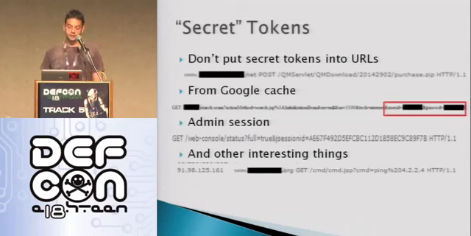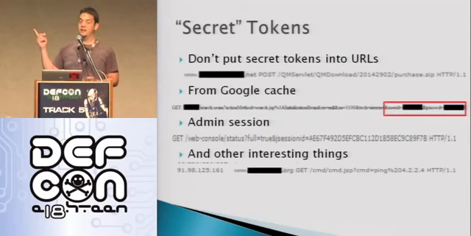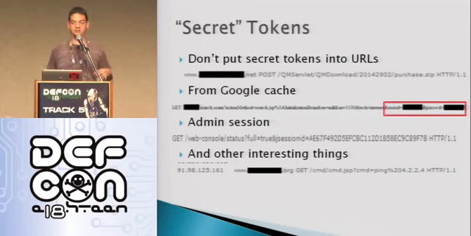What are your developers doing? Well, one thing they're doing is putting secret tokens into URLs. So I just pulled a couple of examples here. I don't know if you guys can read these. The first one is a software download. You get a link to your purchased software, it's got this secret number, and so you go get your purchased software. I recommend you all go get yourself some free whatever crappy app this is.